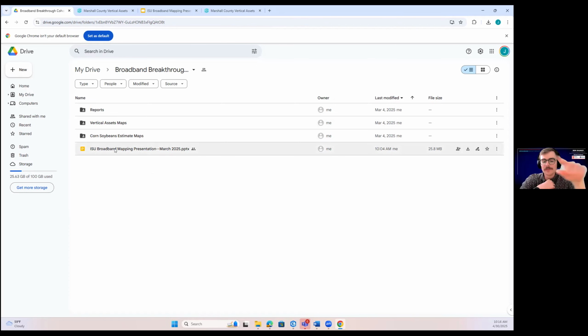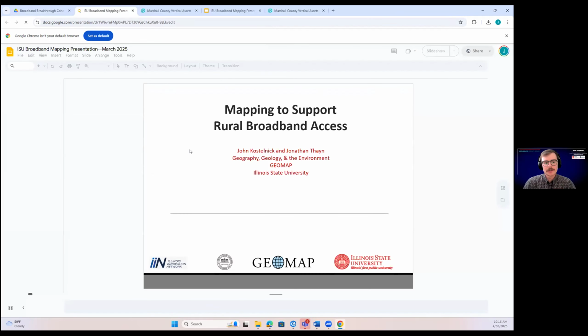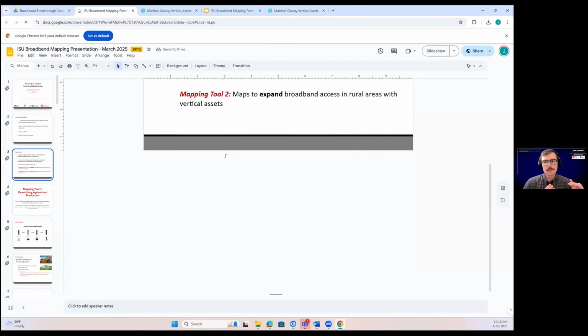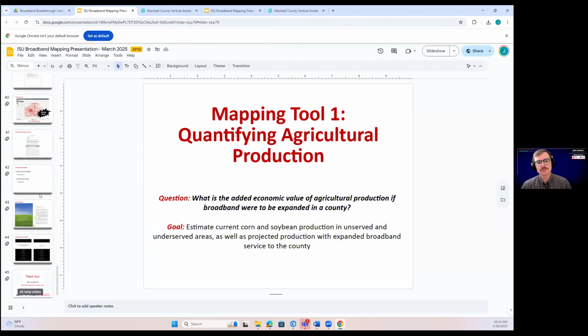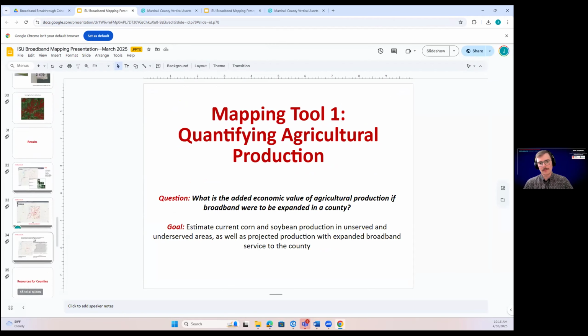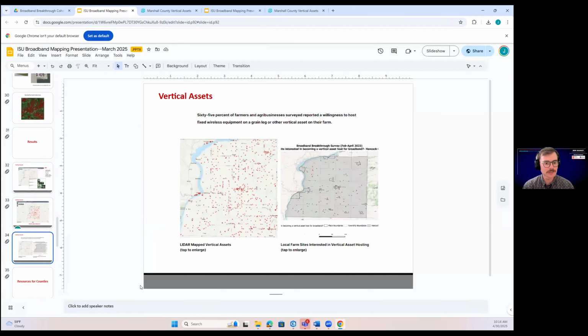With this map, it'll be very easy for you to quickly cross-reference and see the areas where someone might have said they're interested in hosting equipment, and then look on the map and see where that address is located. So it's a huge bonus, especially for a provider that is interested in building in your county and maybe needs one little push. And this would certainly be helpful for a lot of providers.